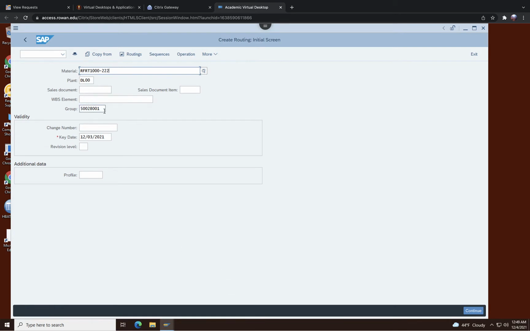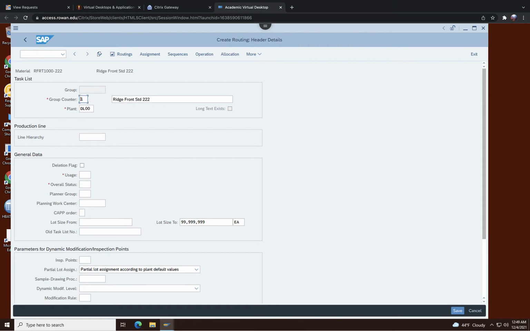And DR00, just delete this group number because it is not required at this moment, and maybe just hit enter. Then you go to the next step, and you are going to do the same thing